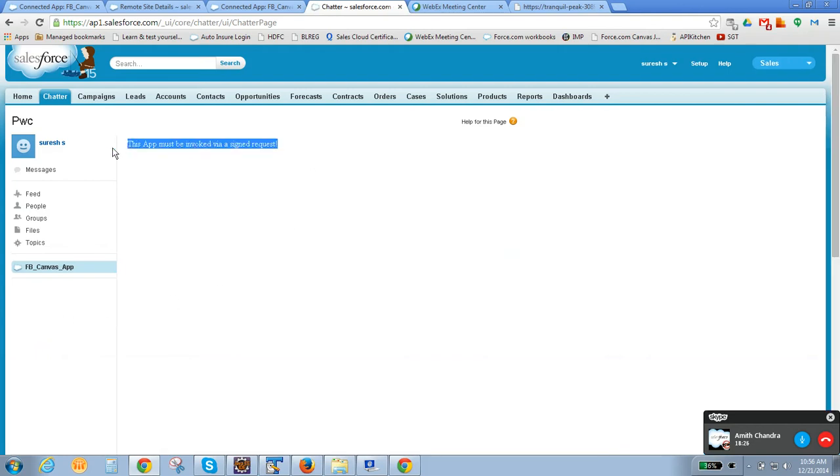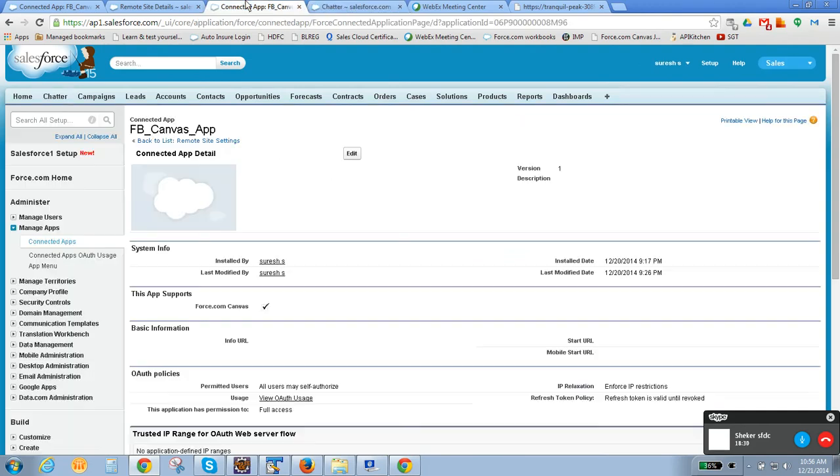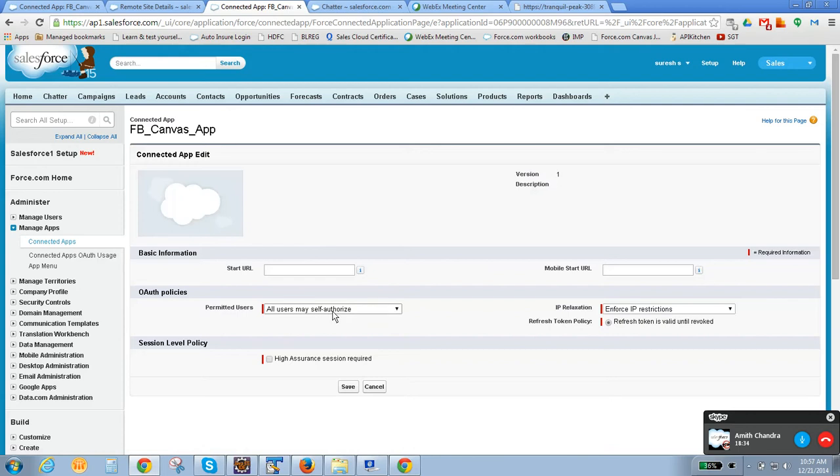Because there is one option here: all users may self-authorize, or admin approved users are pre-authorized. This means that while opening that Canvas application, a POST call is made to that endpoint, where they really have to make an authentication.